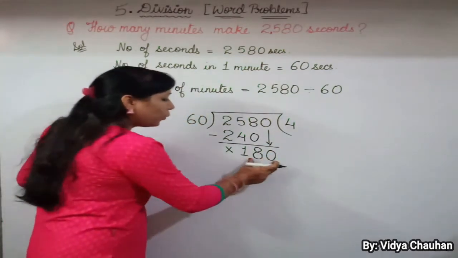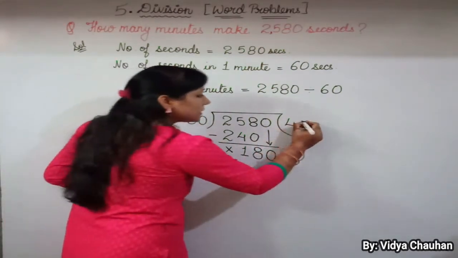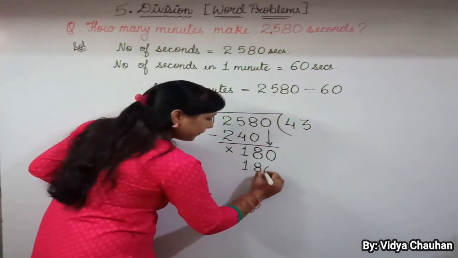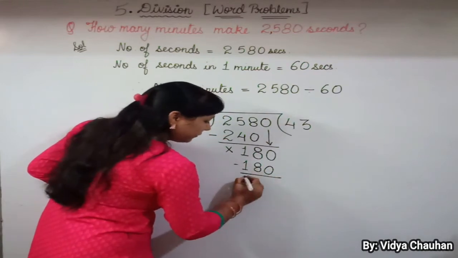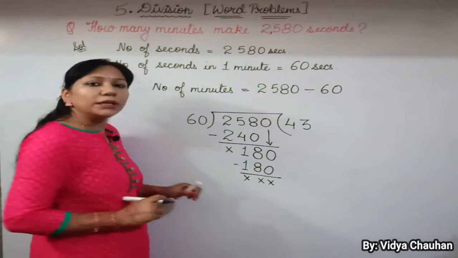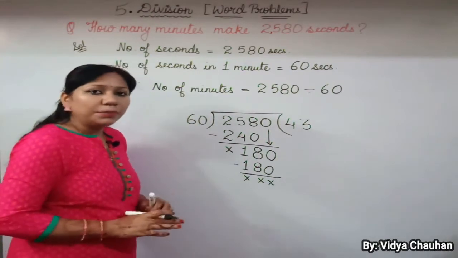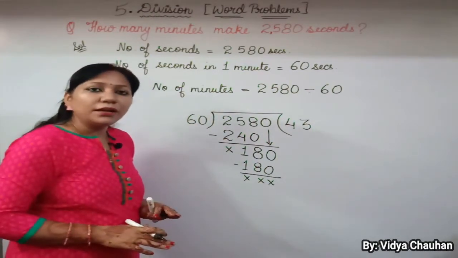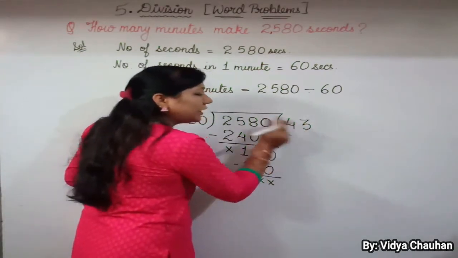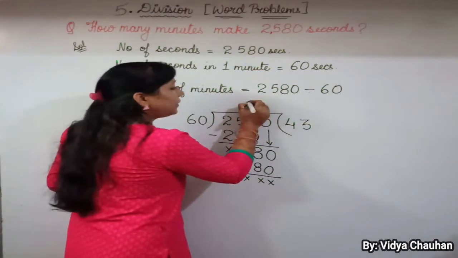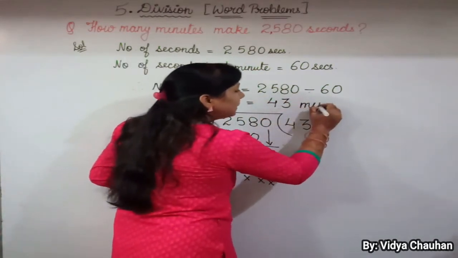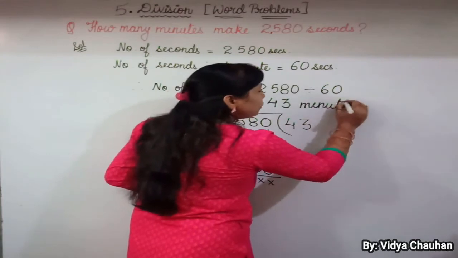And now divide 180 by 60. So 60 3s are 180. Subtracting the value here, 0 minus 0, 8 minus 8 and 1 minus 1. So as you can see, it is a complete division. That means we are left with 0 as a remainder. So what is the quotient here? The quotient is 43. That means there are 43 minutes in